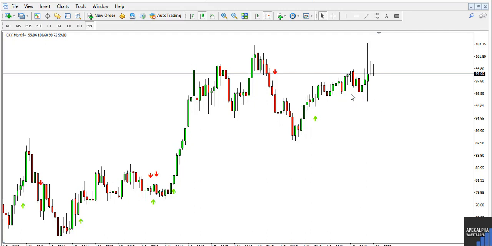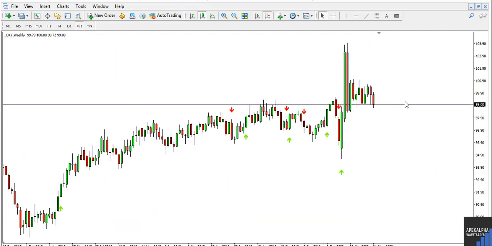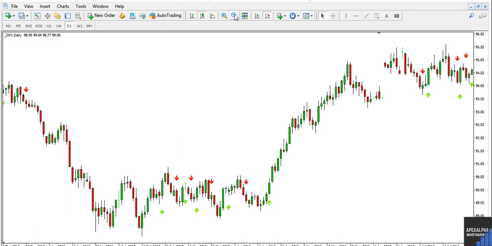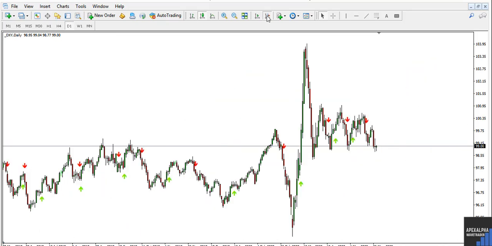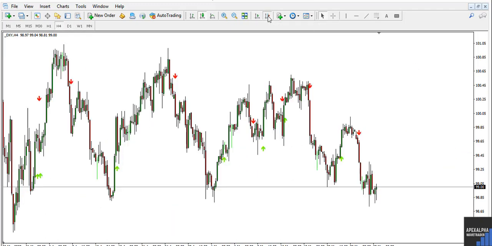Now, I'm not going to analyze here for trade right now. I'm just giving you an example. So I come to the dollar index, I have a look from the monthly, I go down to the weekly. I still have a look, I see what's happening, I determine things here, I put my support and resistance lines here. I go to the daily time frame of the dollar index, I have a look here again. I determine what's happening, probably go to the 4-hour chart, and then I begin to determine my bias